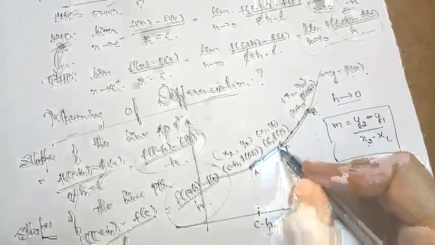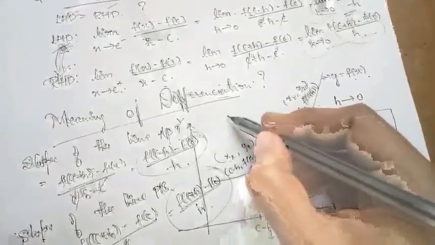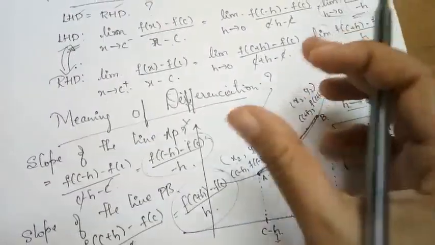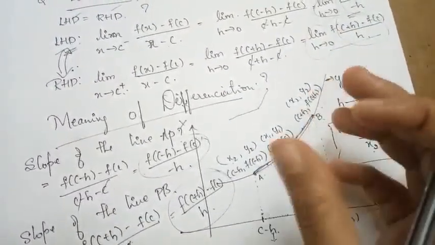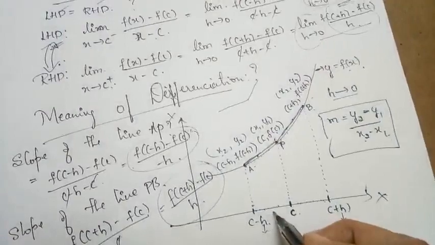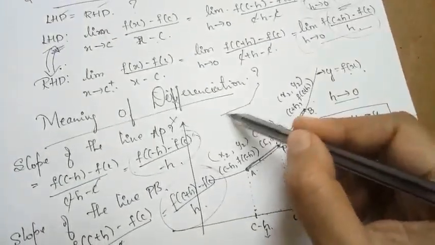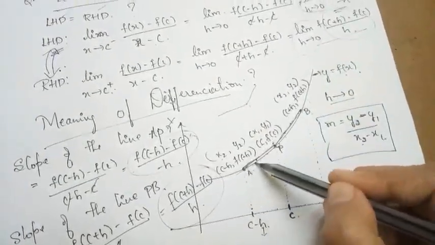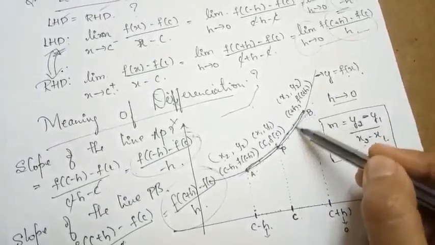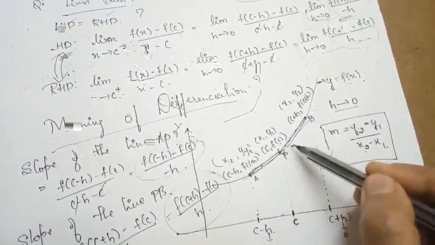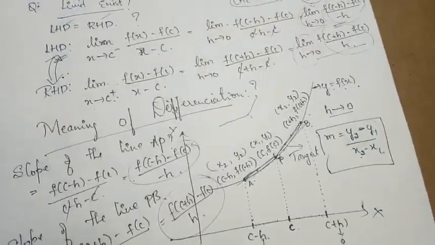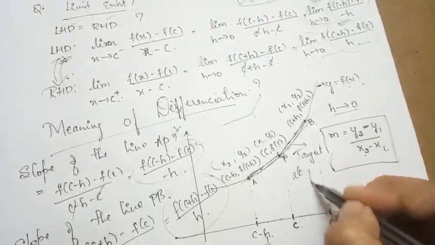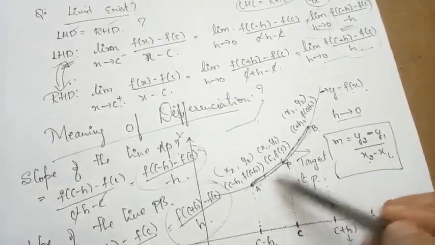When they start to move towards P, the lines which I called AP and PB, at present it is like this, right? This one also starts to become shorter and shorter. When h approaches 0, this line becomes what? It becomes one single straight line passing through the point P, tangent to the curve y is equal to f of x at P. At P it forms a tangent.